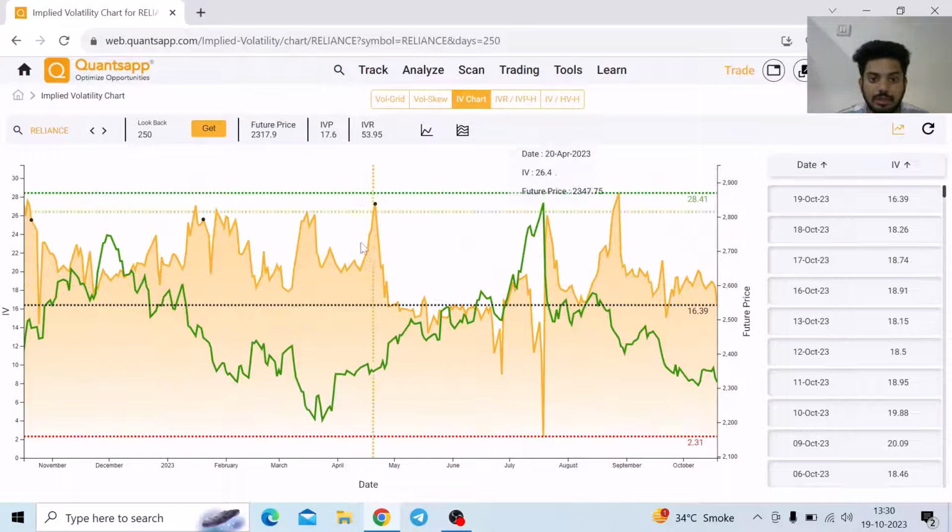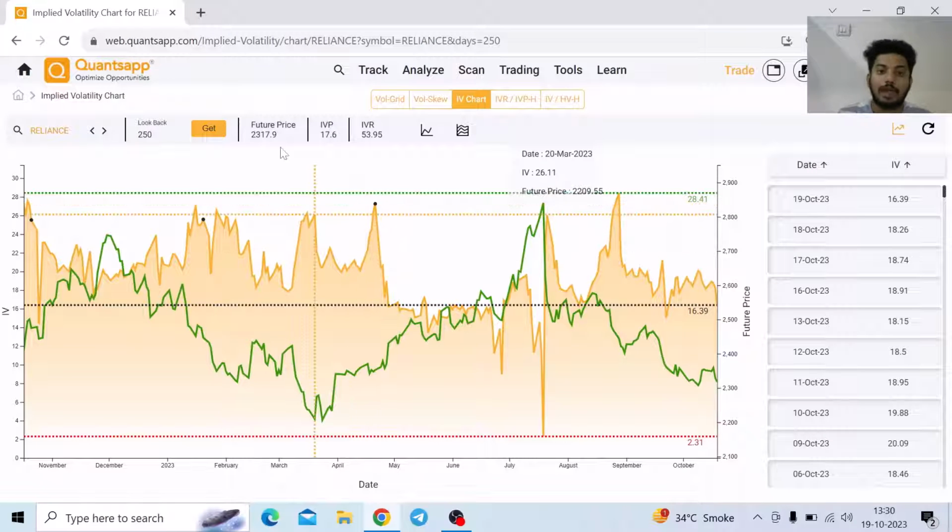Now what you can see out here is, see the dots, they are representing result, that on this day this stock announced its result. So the stock is Reliance. What you can see, it is moving up, the implied volatility. So in this entire regime, it didn't actually matter if you had call or put. Both the premiums got pricey, both the premiums got expensive.